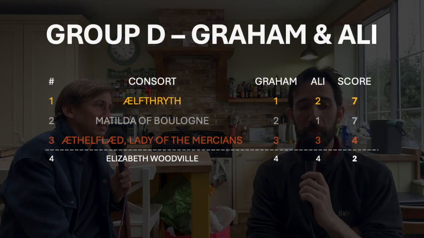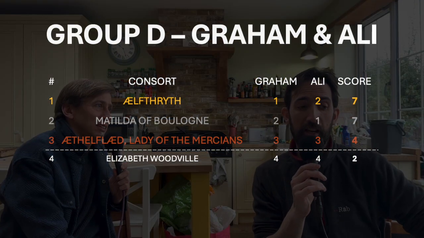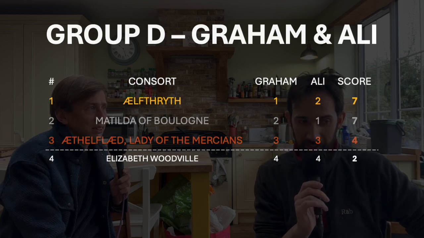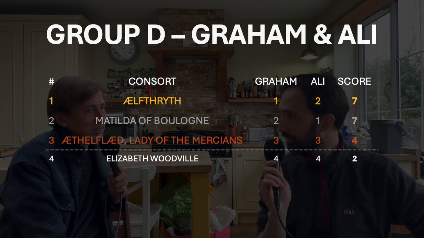So in fifth place at the moment with 2 points, we've got... in fourth place, because only 4 in this group. In fourth place with 2 points at the moment is Ealhswith Woodville. In third place with 4 points is Aethelflaed, Lady of the Mercians. But joint first, once again, both on 7 points, Ealhswith and Matilda of Boulogne. I mean, this is brilliant. So the public, once again...